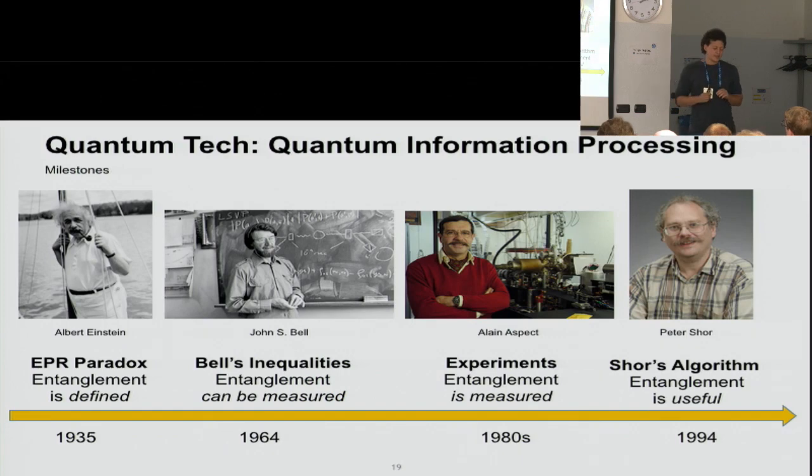And actually, these correlations were thought of first, again, some really insightful work was performed by Einstein and his collaborators back in 1935. And only in 1964, John Bell understood that this correlation could actually be measured, and we could really distinguish between quantum and classical information and correlations. And more recently, experiments have been performed, especially in Alan Aspect's laboratories. And back more than 20 years ago, Peter Shor had the intuition of using entanglement for information properties and for computational tasks.